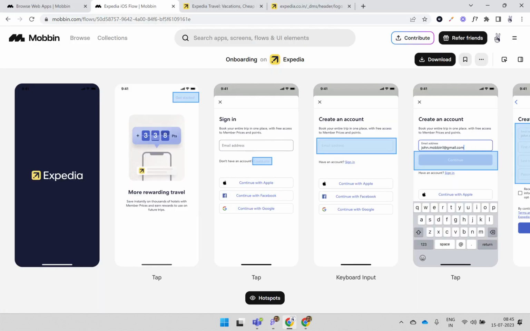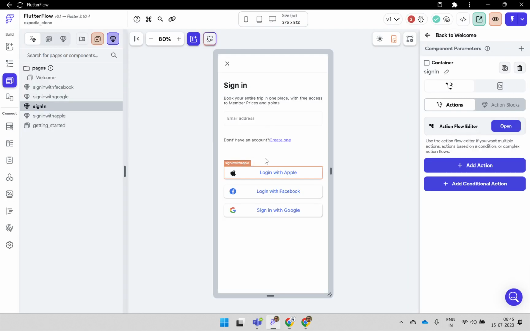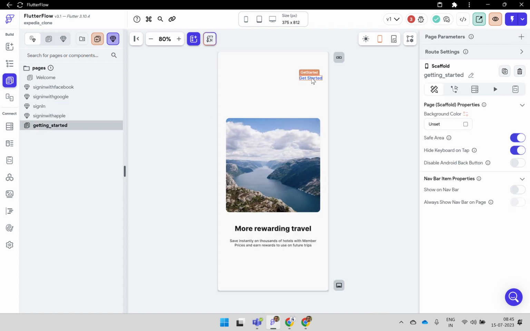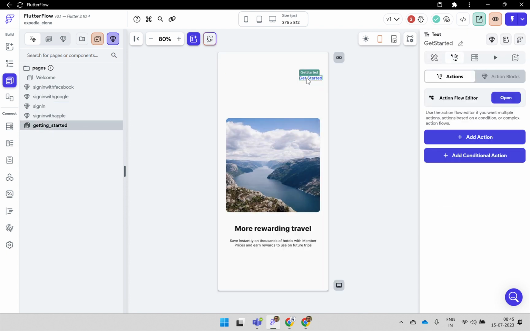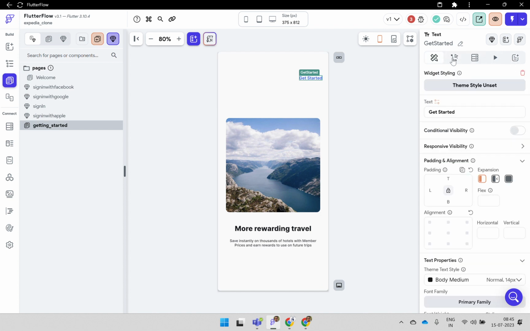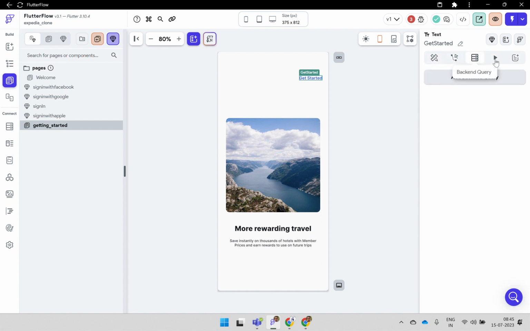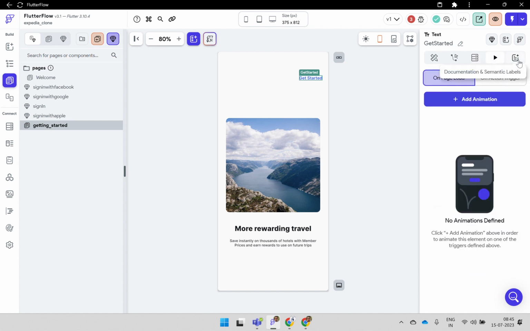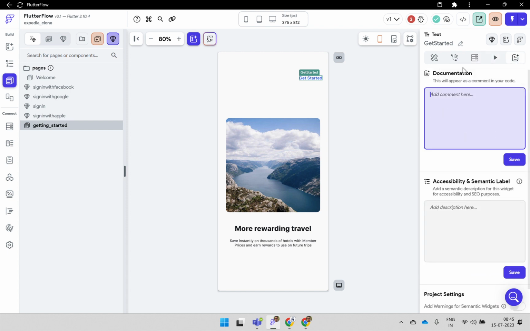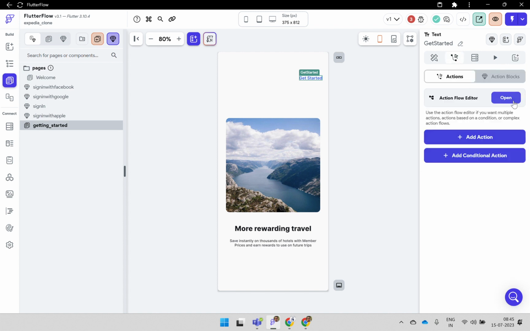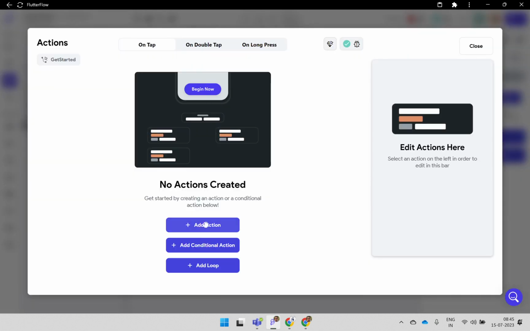So now what will happen when this sign in bottom page is visible? When user clicks on this get started button, this sign in bottom page appears. So how to do that? So come back to getting started page. Let us add an action here on this getting started. So you have different options here on the property page. One is properties, actions, data, animations, and documentation. So I'm going to go this time to action. This is a simple action. Add an action,